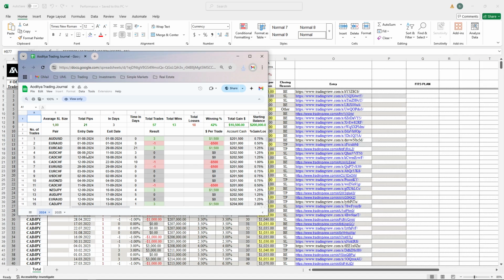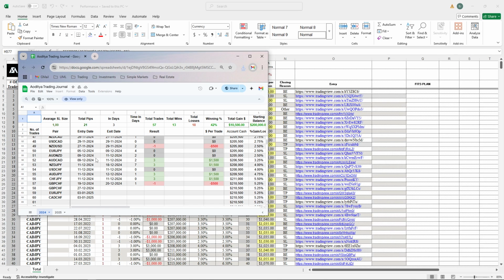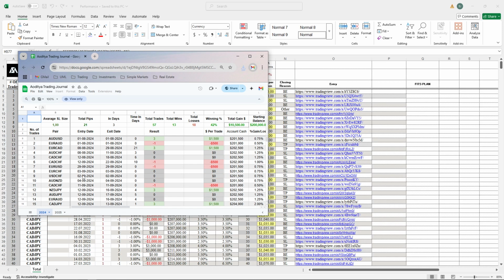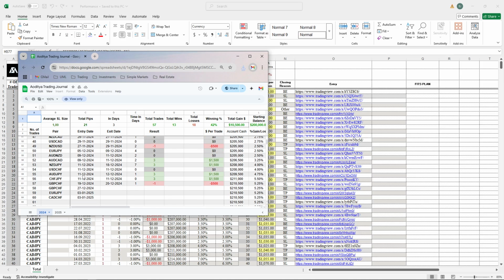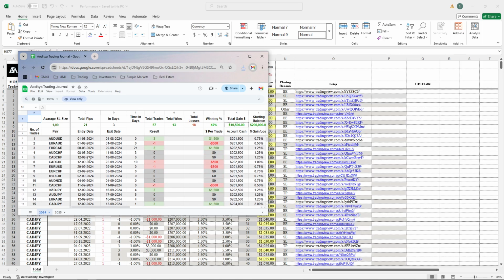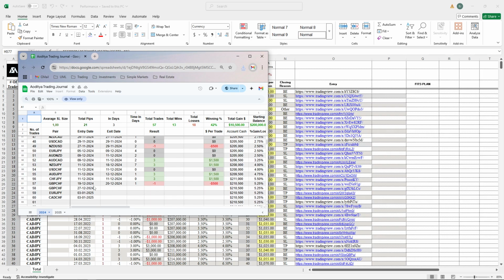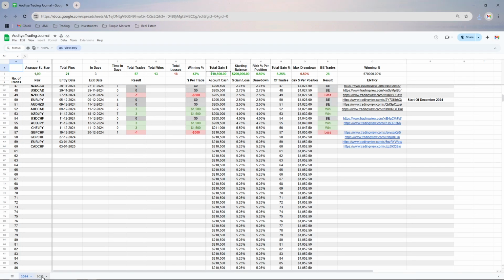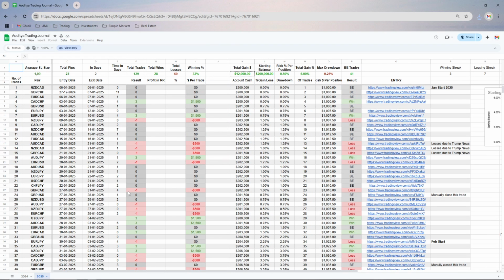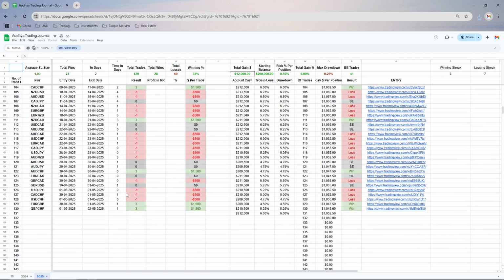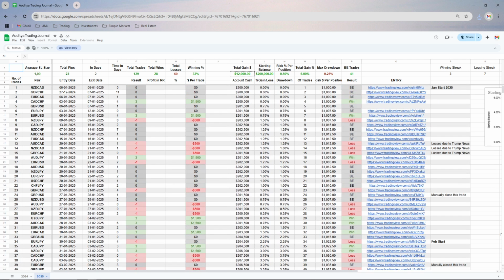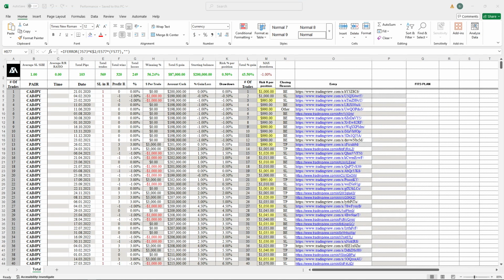Trading journal. Okay, so this one is a live trading journal, I believe. And it looks like it's from about August to, oh, here we go, 2025. I'm just trying to get an idea if I'm looking at backtesting or live trading journal entries. So April, okay, so this is a live trading journal here. We'll take a look at that after. We'll start here with the backtesting, which